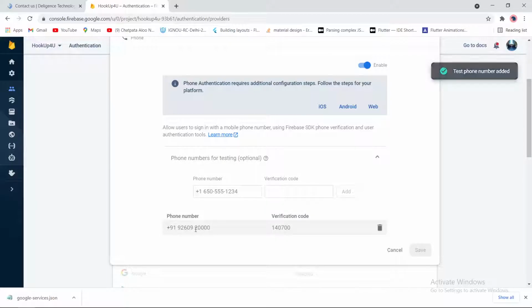Yes, so we have successfully placed our dummy phone number here with verification code.